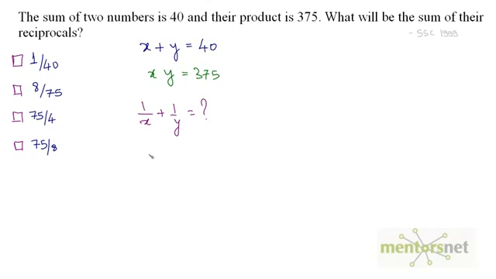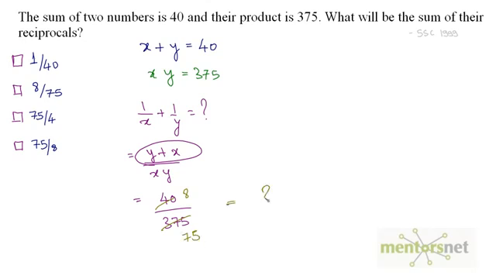So let us solve this. This can be equal to y plus x by xy. Now we know the sum of these numbers, x plus y, which is 40. That's what is here. So y plus x is 40 divided by xy is 375. So 40 by 375. We can reduce this by dividing both the numerator and denominator by 5. So 5 8s are 40, 5 7s are 35. What remains is 25. So 5 5s are 25. So this is 8 by 75. So the answer is option